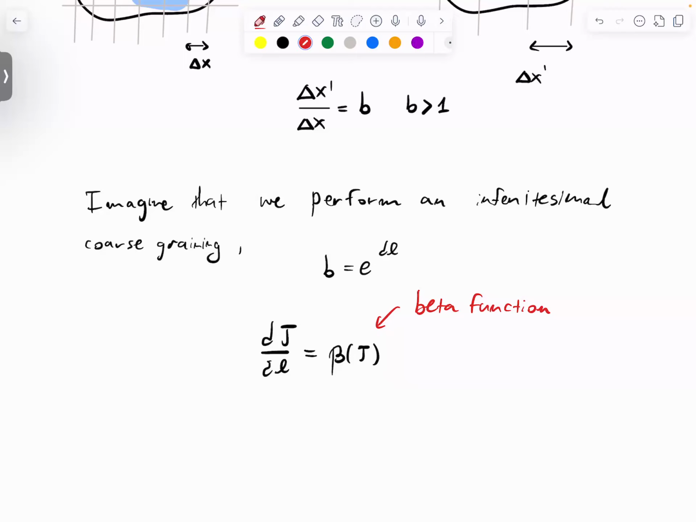Any questions up to now? So you're basically differentiating J with respect to this expanding parameter. I'm not really sure. Yes, I want to understand how J